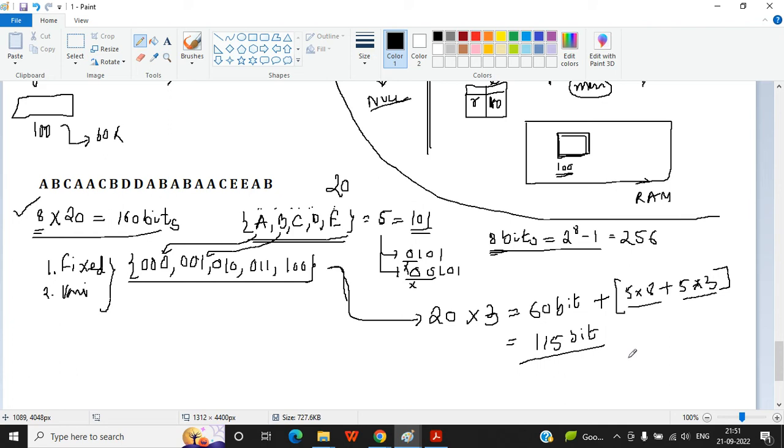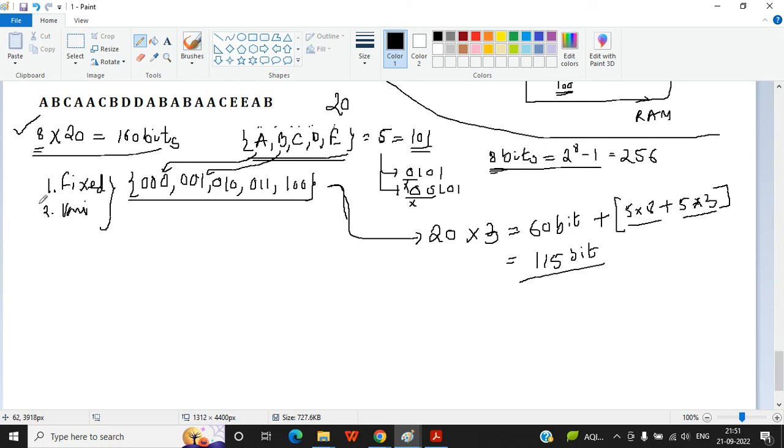So if you apply this fixed size coding, then how will your message look? Initially A would be represented as its ASCII value 65 with 8 bits.